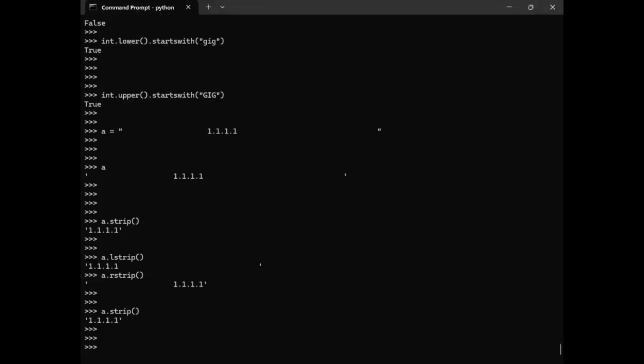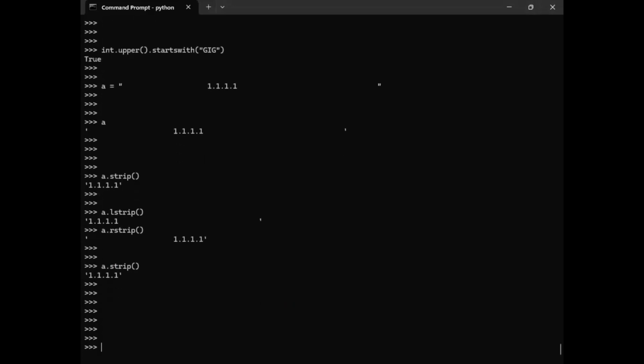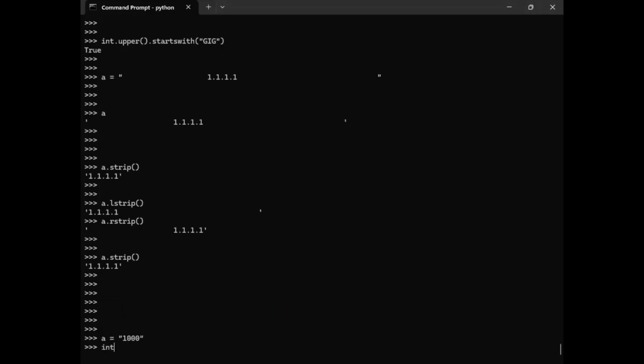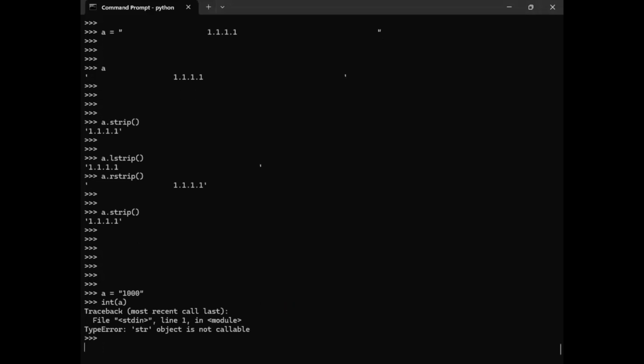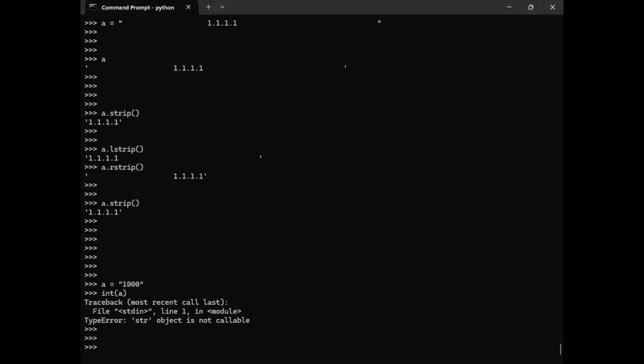So that is how these data types have different methods available, and depending upon these methods, you can go ahead and do a lot of things. I hope you are able to understand. Like base 10, I was telling you, like A equal to 100,000 and it is a string. Okay, I talked about it. If you wanted to find out the integer of A, what is this? TypeError: 'str' object is not callable. Okay.